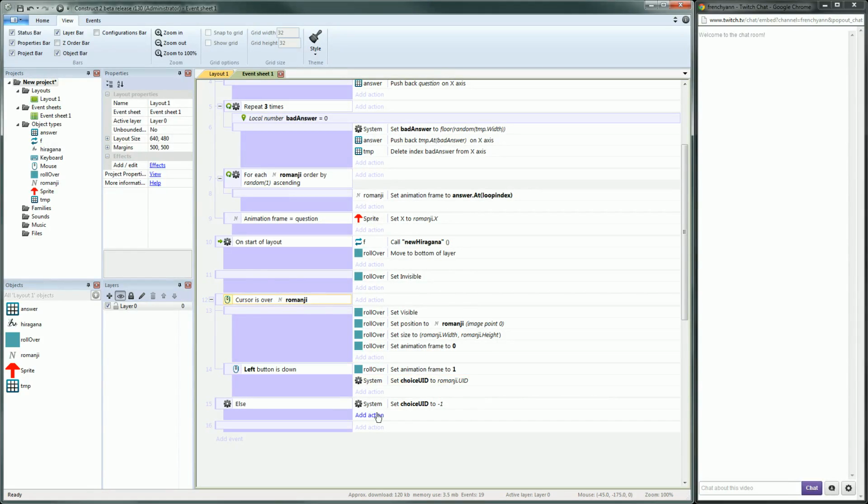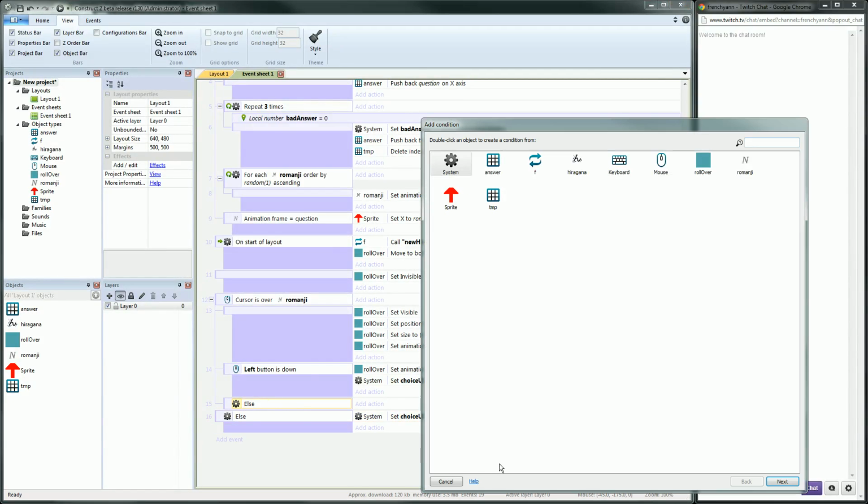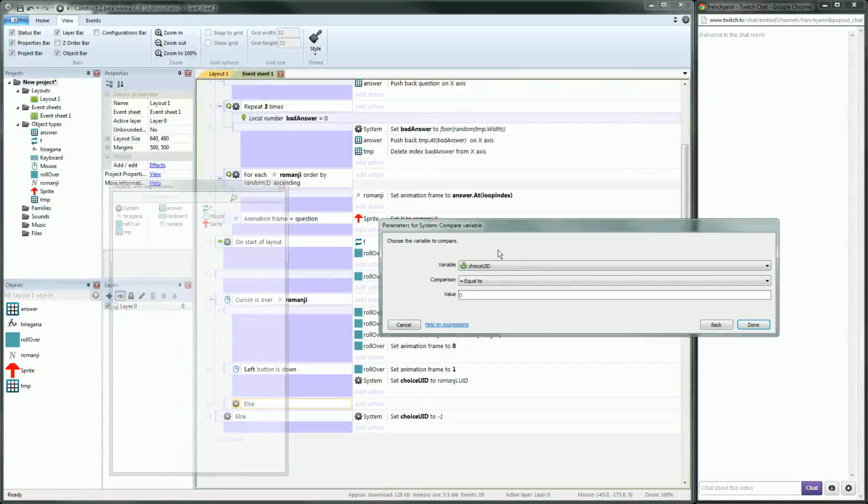If you're not over, unset it, and if the mouse is not down, I could actually put this here, and I wouldn't need this. Okay, if the mouse is not down, and if the choice isn't equal to -1, then